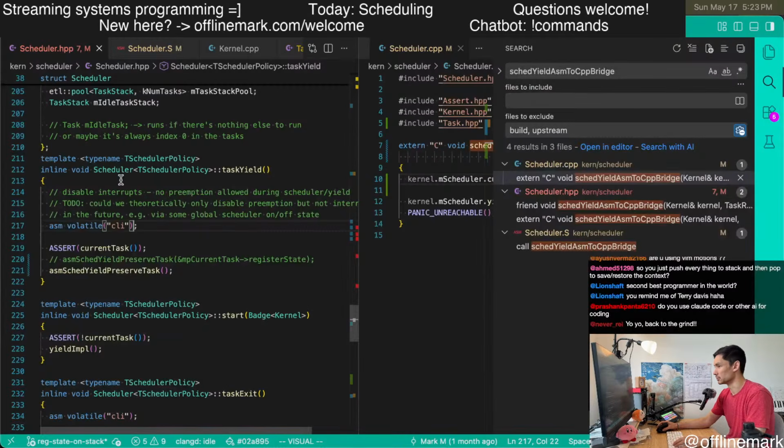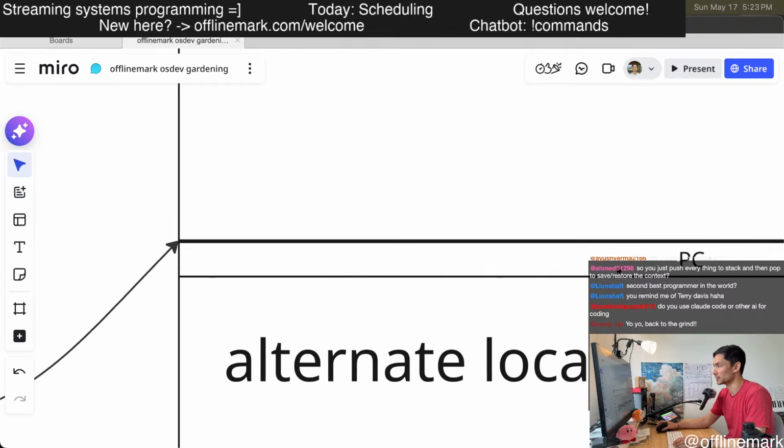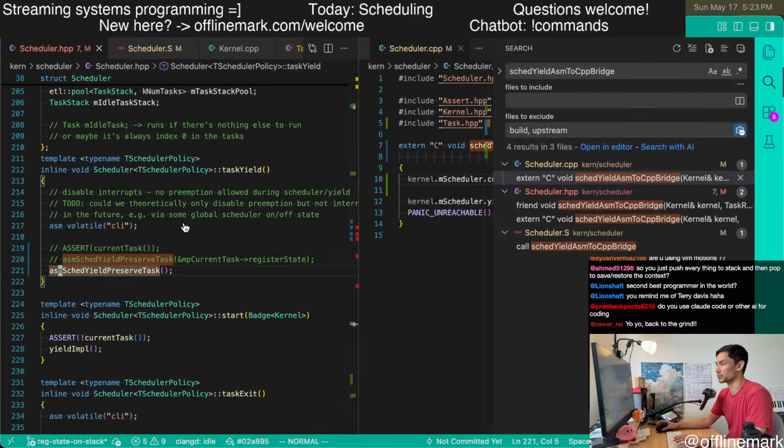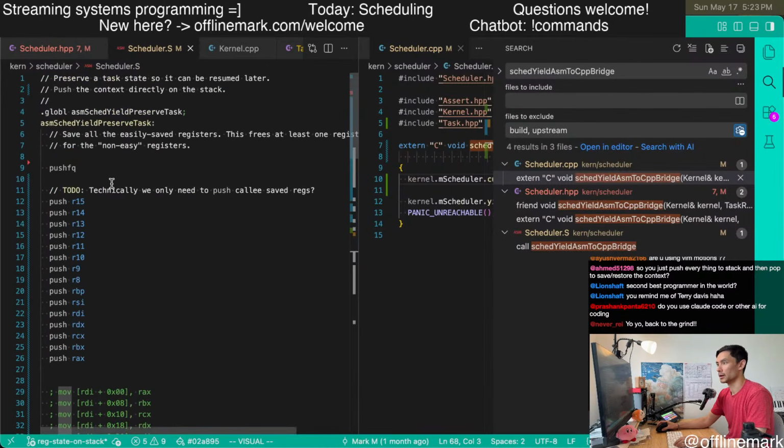Task yield doesn't do a lot. I mean, technically we don't even need this anymore. It just calls this preserve task thing. It calls into it, and so the call is going to push the PC. And then we just jump straight into this code where we push a bunch of stuff.